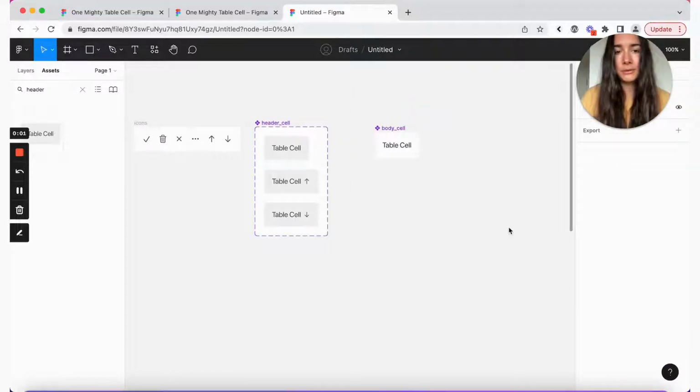So now that we have our most basic body cell component, we can start thinking what other content can go inside body cell aside from text. And examples that I encounter most frequently are things like checkbox or badge or tag or icons, which we already have. So think what kind of things that you might encounter most and which you should have the variants for.